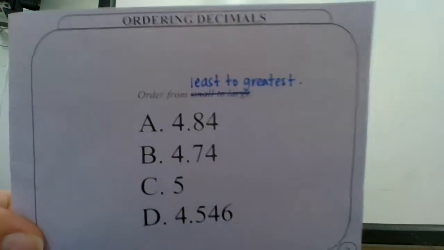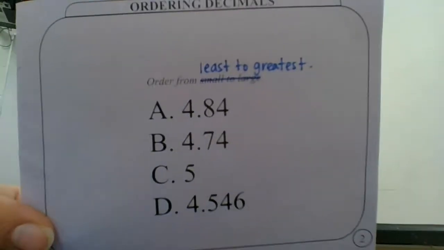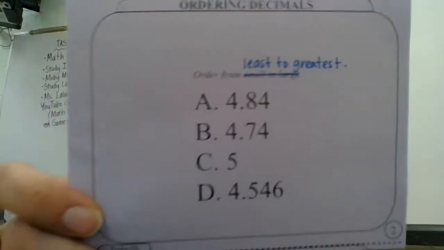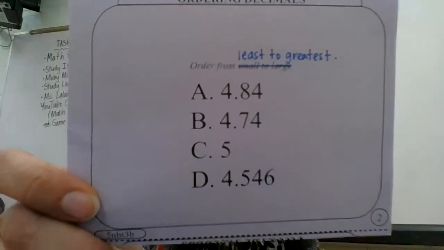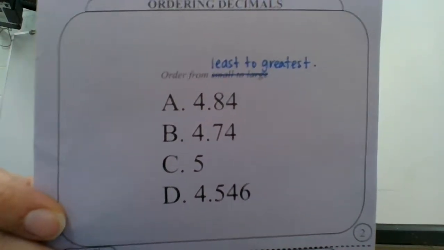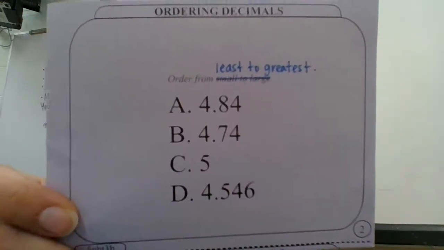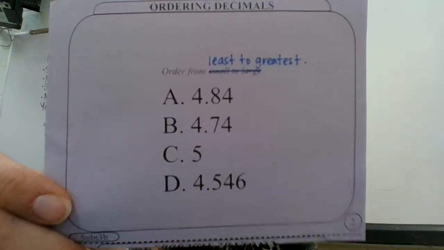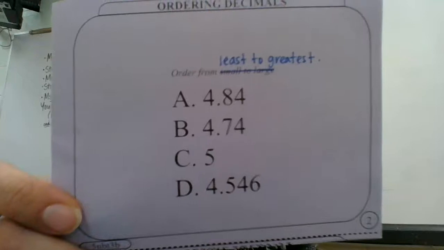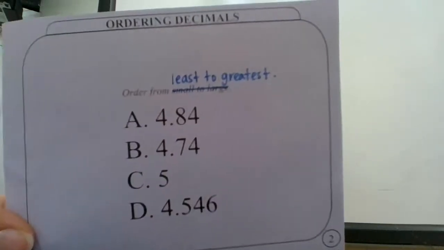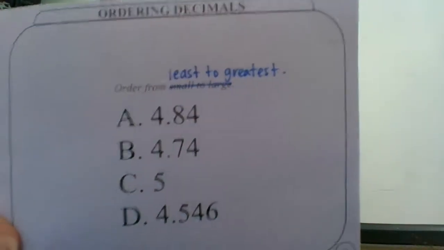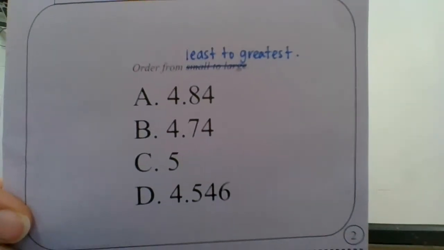We have A, 4 and 8400ths. B, 4 and 7400ths. C, 5 whole. D, 4 and 546 thousandths. Now, before you begin, there's something you need to do with that 5. You need to add that decimal to that 5 and then put your zeros. Fill in your zeros for the other numbers as well. All right, pause the video if you need more time. If not, the correct order of the decimals is,